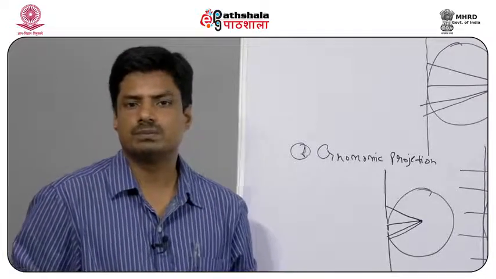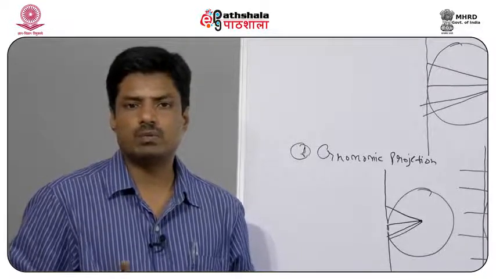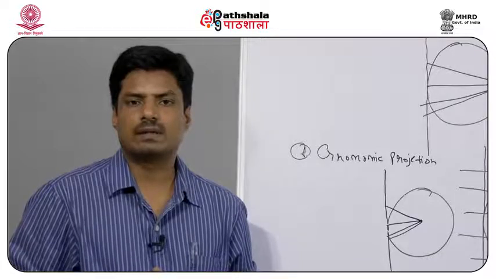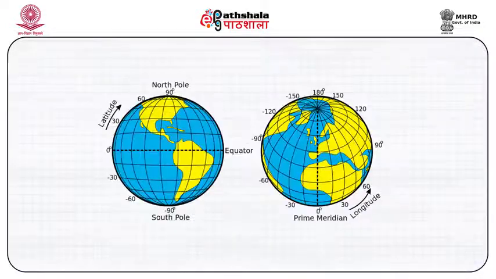You know, the world map has been drawn upon the latitudes and longitudes. We are having a grid system of latitudes and longitudes across the world. These latitudes and longitudes give the xy coordinates on the surface of Earth, and they are known as the geographical coordinates. The line which divides the world into two, north and south part, is known as the equator,